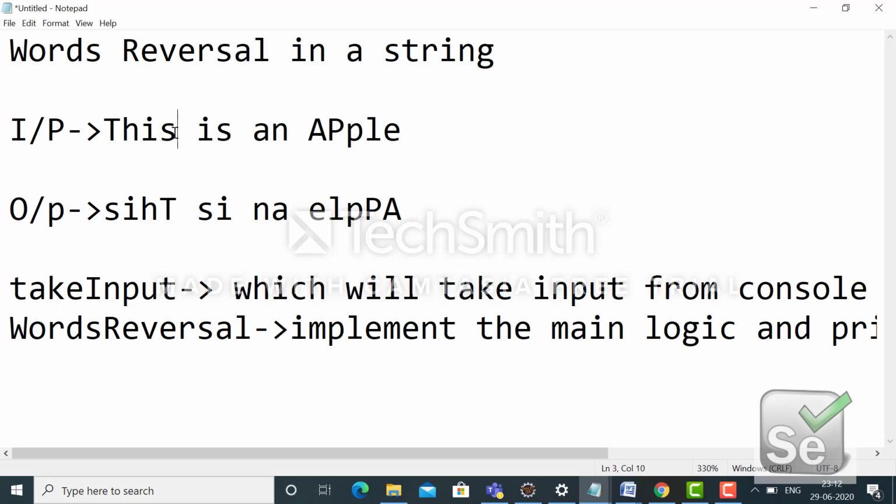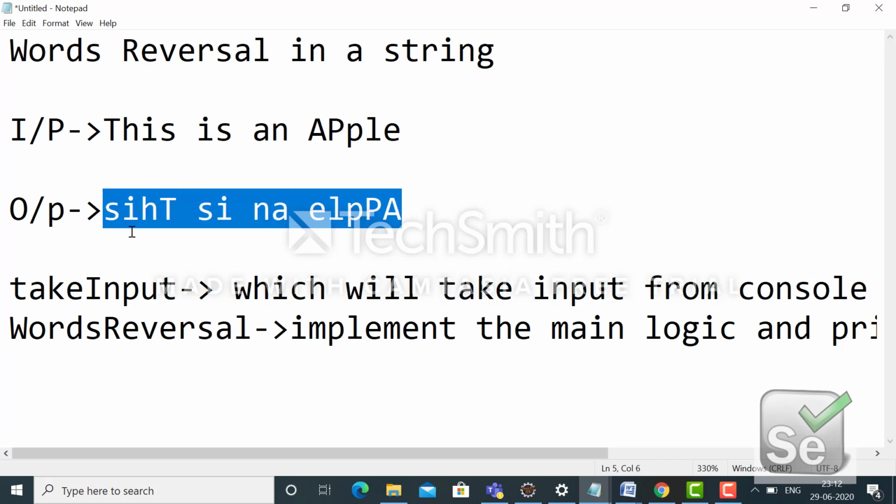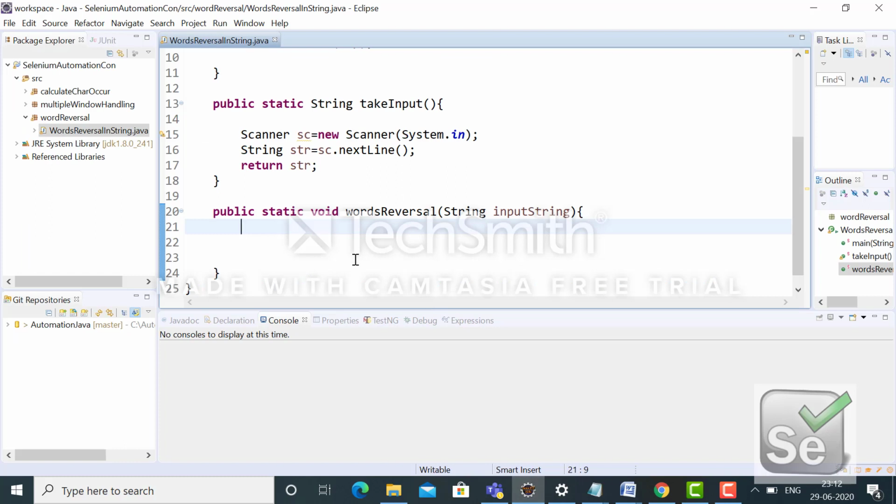Then I will get a string array which will have each and every word of that string. Then I will pick each and every word, drill down to the character level, and reverse each and every word. Then I will append them, put them in a string, and finally print it. So that is the logic I have to implement over here. So first I have to split it.